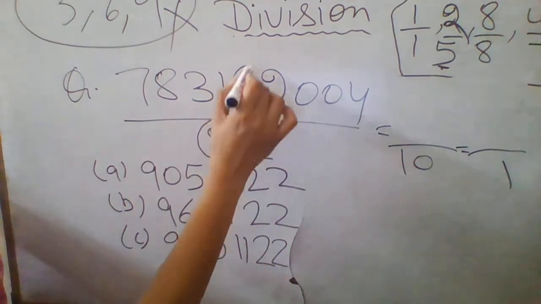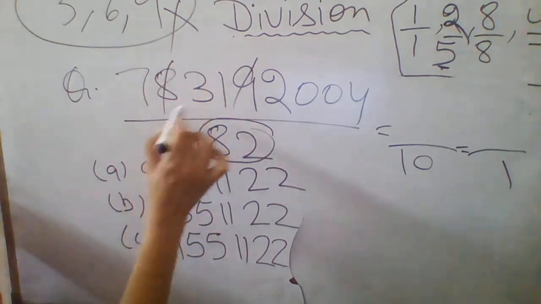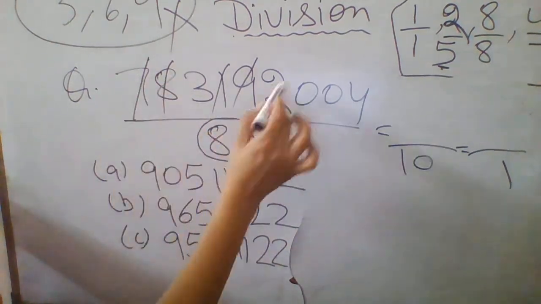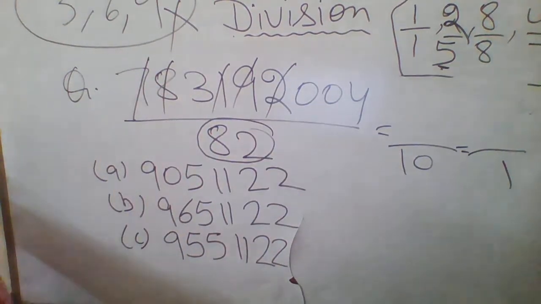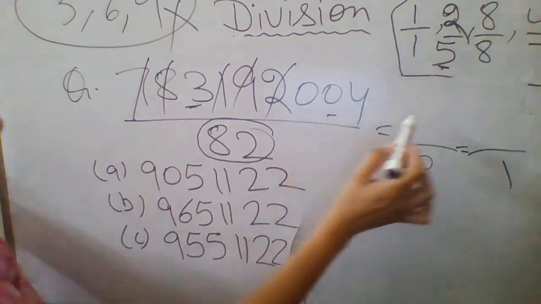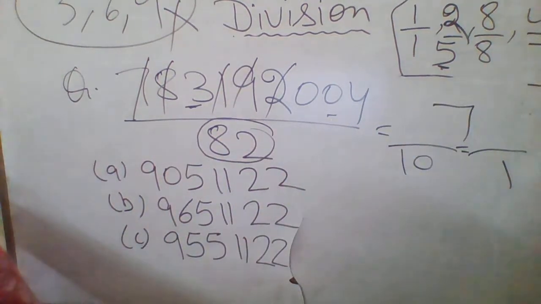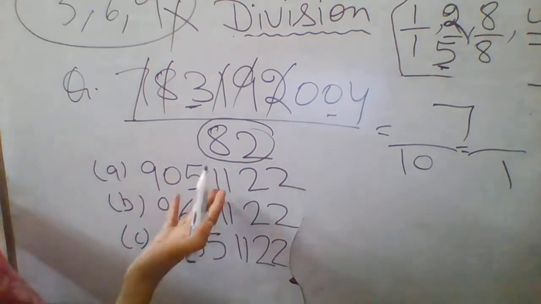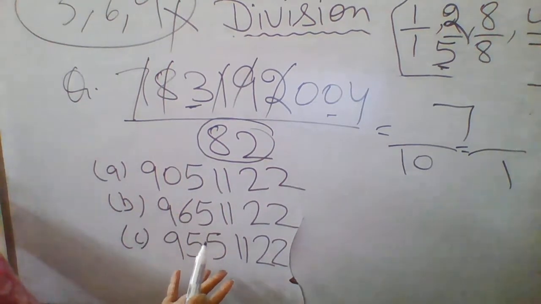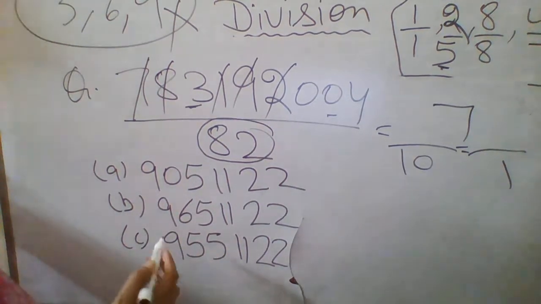So how will you solve it out? 9 is cancelled out, 8 plus 1 is cancelled out, 7 plus 2 is cancelled out. So what is left here? This 3 plus 4 is equal to 7. Okay, now see, if you get 7 anywhere in these 3 options, that will be the correct option. You find out where you will get it.